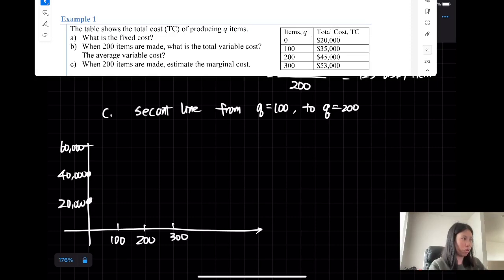At 100, your cost would be 13.5. 200 would be 14.5, up here. 300 would be 55. So your graph looks like this. It's a curving graph. So if we can find the secant line in between these 2 points,